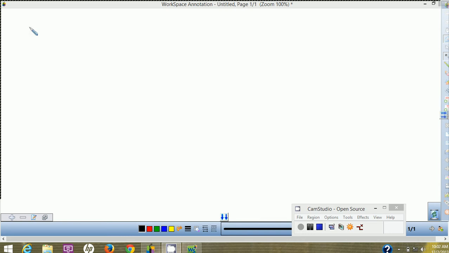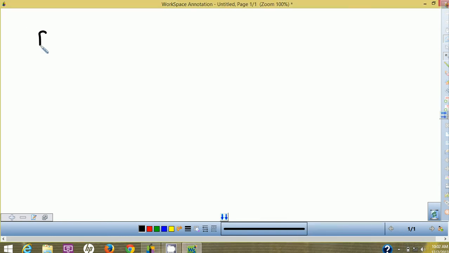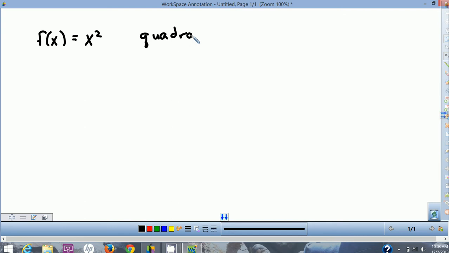Good morning. We're going to start our discussion of quadratics today, and we're going to begin that discussion with a discussion of the parent function for quadratics, which is f of x is equal to x squared. This quadratic function can be put in several forms. We can do lots of things to our quadratic function to change its shape, to change where it starts, and we can use it to model lots of different things.